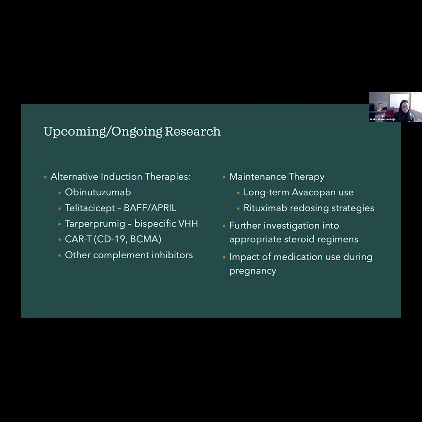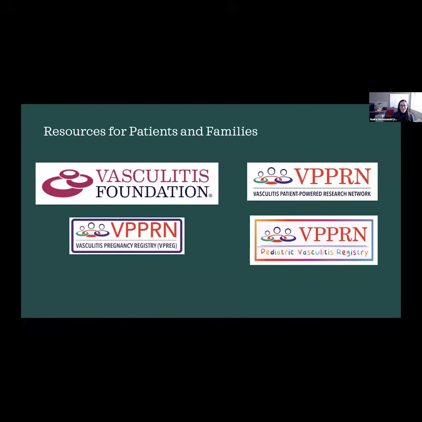And then similarly, just a plug for my own research, is the impact of medication use during pregnancy. Because so many of the drugs that we had traditionally used for ANCA vasculitis really were not compatible at all with pregnancy, patients now have a lot more opportunity to pursue pregnancy. But because these diseases are rare in pregnancy, and patients who have these diseases is even rarer, we don't really know the impact of medication use on pregnancy and on things like timing of delivery, things like preeclampsia, for example, and neonatal outcomes. So that's a lot of the work that we're doing, but not enough is known in that space.